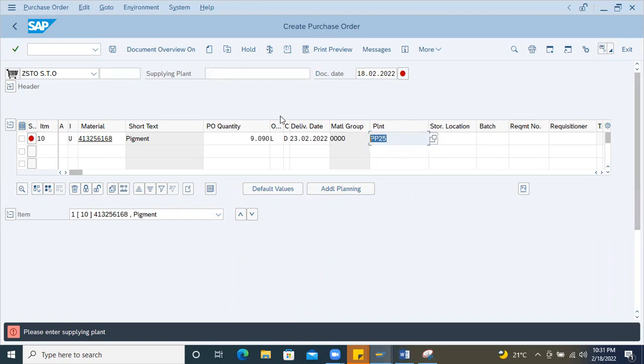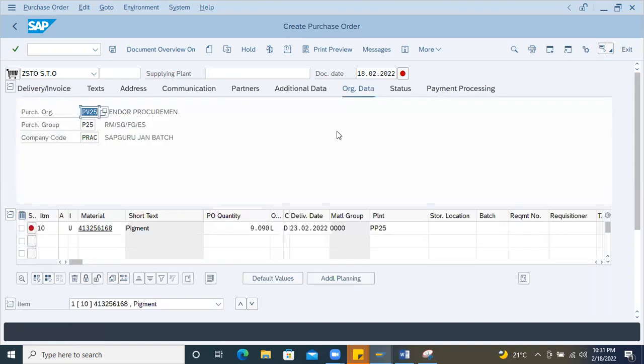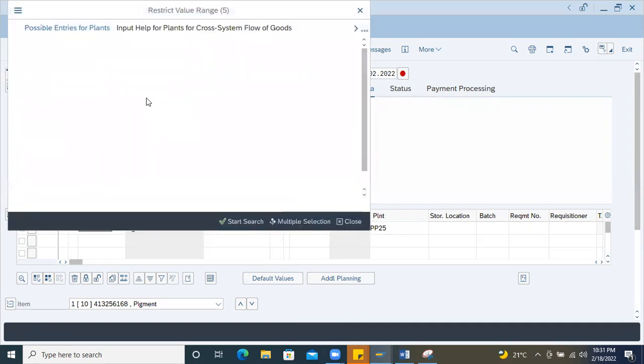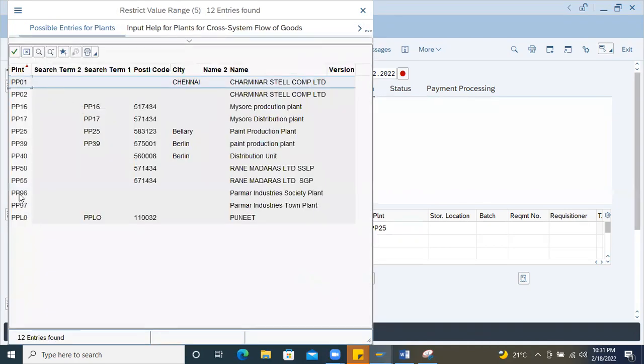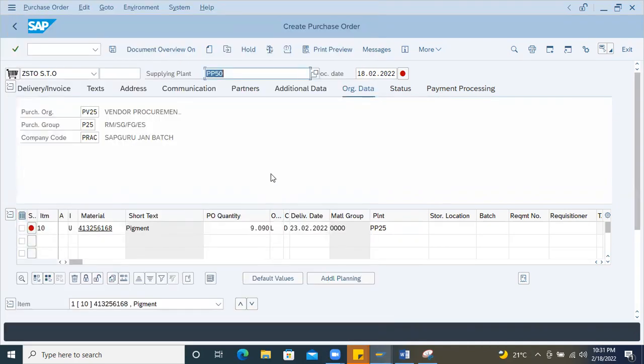Okay. Then I should know what is the supplying plant for this particular company code. Okay, PP25 is there. I can choose PP26, I don't know whether it is there. No. PP series LC. Okay. PP50 LC. I don't know whether it is same company code or different. Let's try. Okay. Now see, now that linking of document type STO